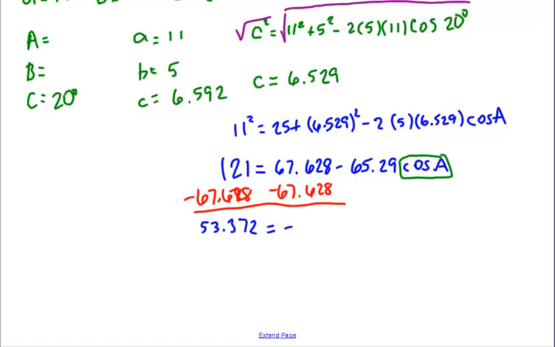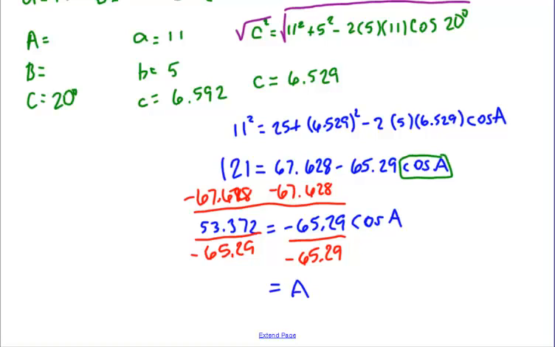Equals negative 65.29 cosine A. And then divide both sides by that negative 65.29. And now what we're going to do is take the arc cosine, because I've got cosine all alone. So in order to figure out what A is, I'm going to take the arc cosine of